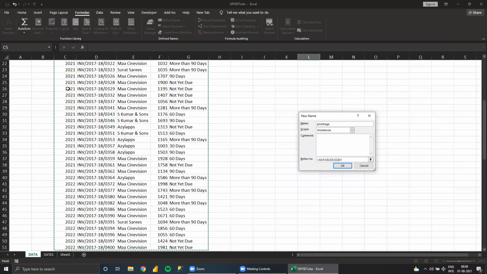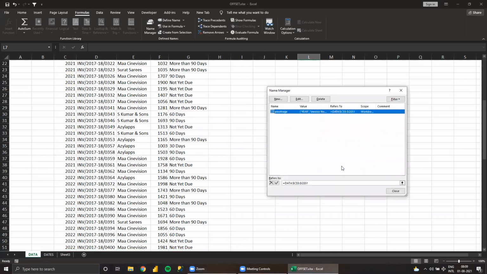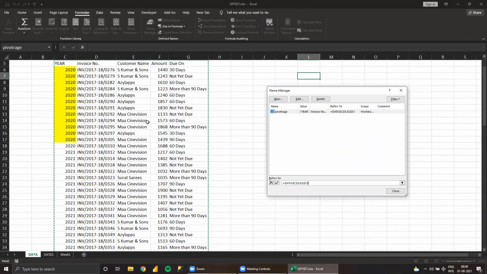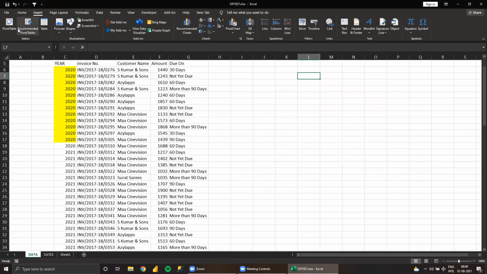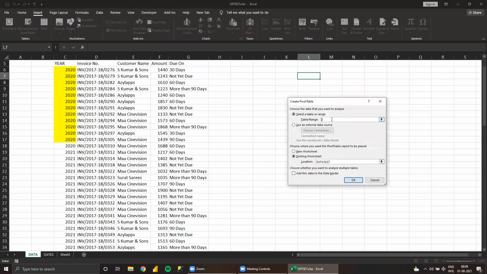This is manual selection again, right? When we select here, see, it is automatically selected. Every time you can refer to this name, so the pivot range will automatically be selected. For example, see here, close it. Again we go to Insert pivot table, and here we need to give the range, meaning the name range we created.